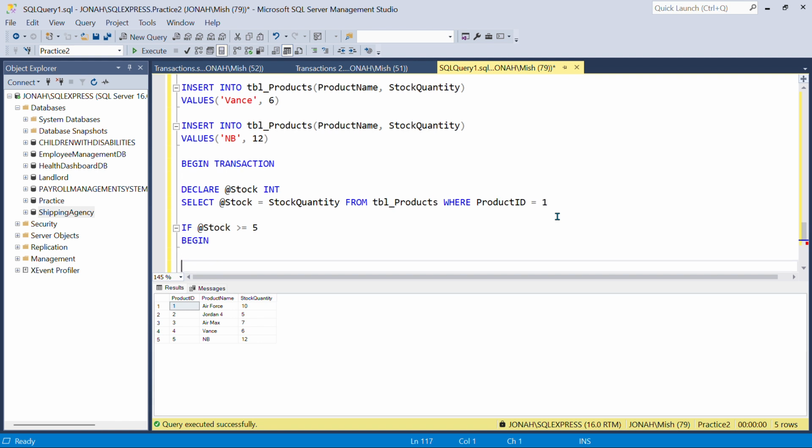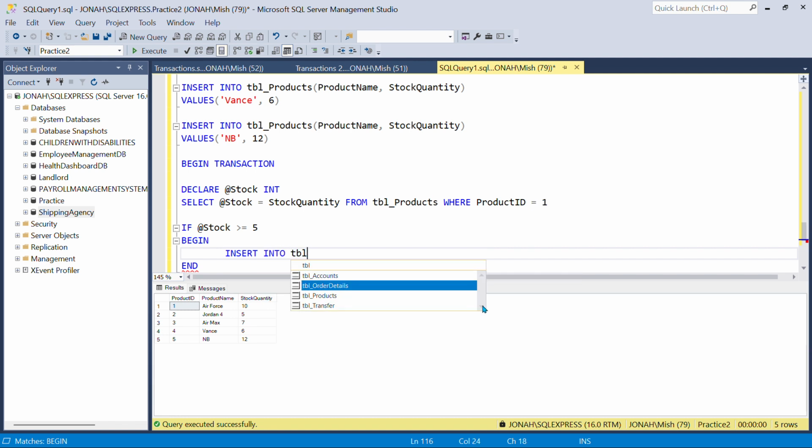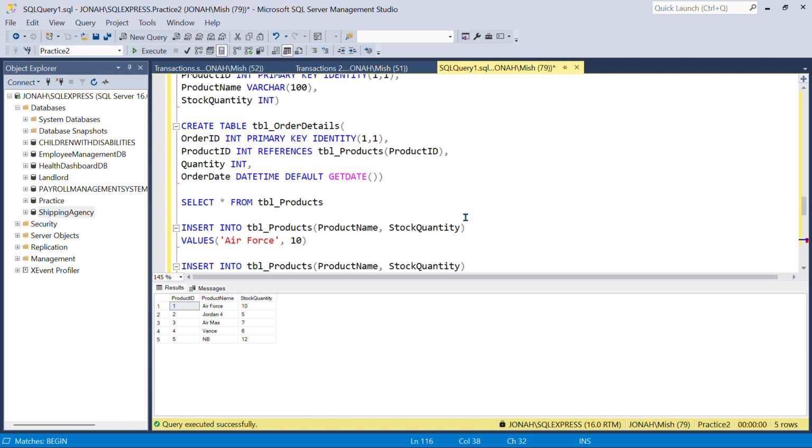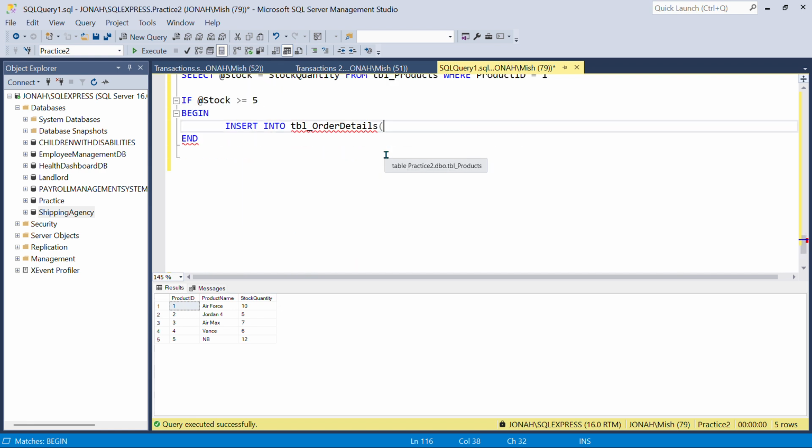Begin, and insert the other details. Insert for the other ID, identity or document: product ID, quantity, and other details. Okay, so the product ID, product ID,